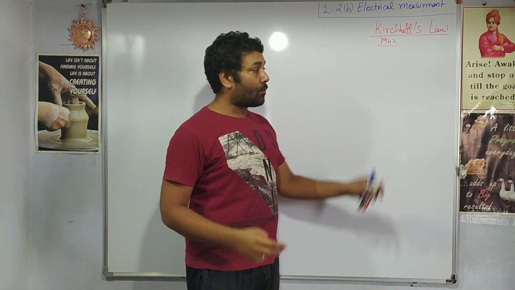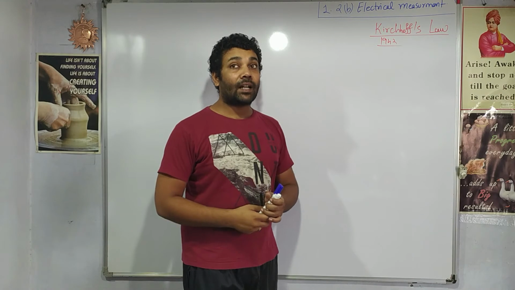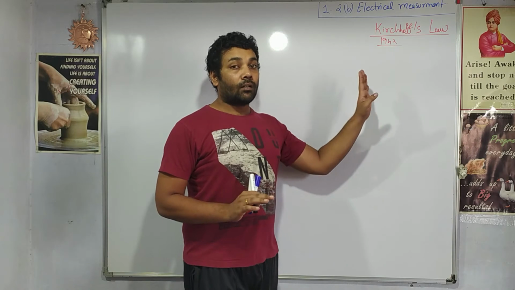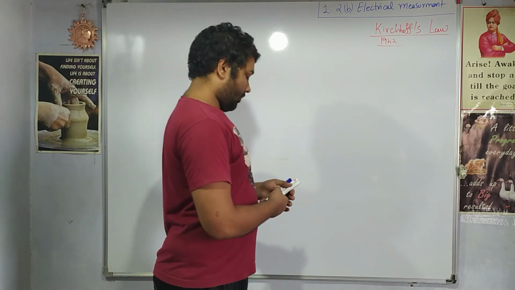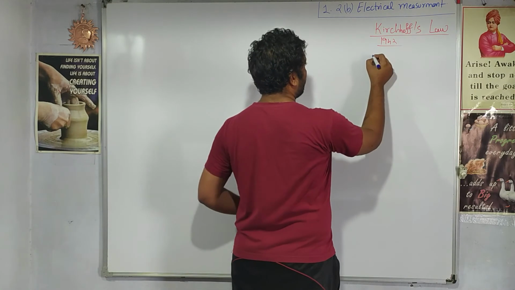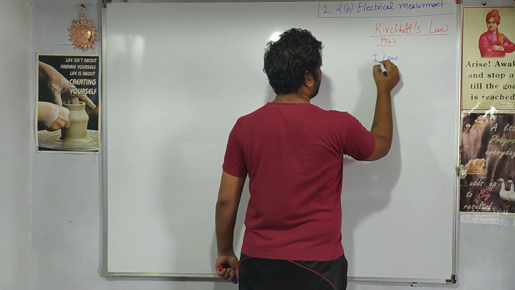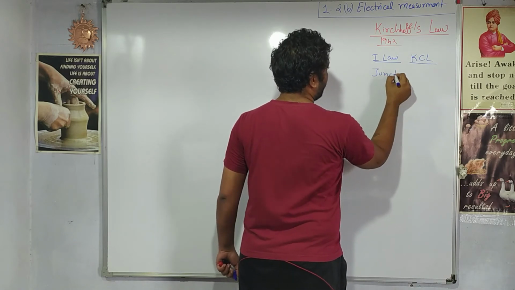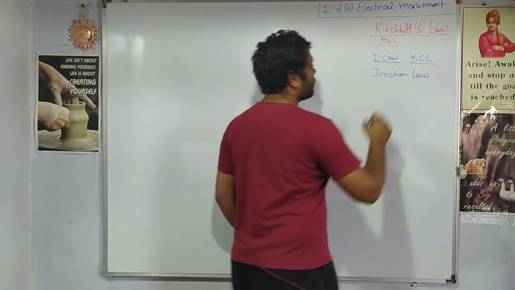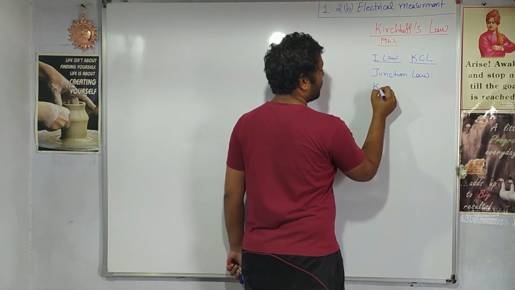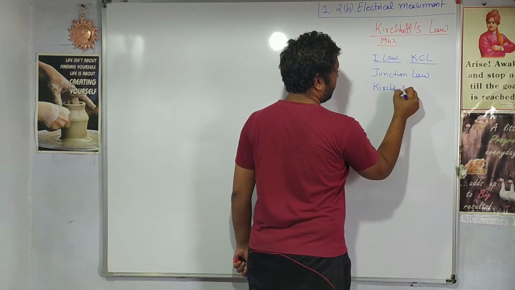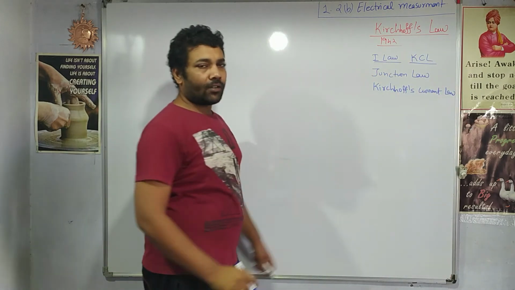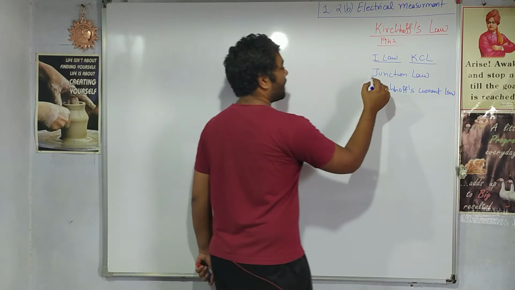Both the laws are very much important in the remaining part of the chapter, as well as there are numericals which carry a weightage from the 2 mark to the 4 mark in your board exams. So let us study Kirchhoff's law. The first law is also called Kirchhoff's current law, or the junction law. There are multiple names, you can use anything. KCL stands for Kirchhoff's current law, or we also call it Kirchhoff's first law.